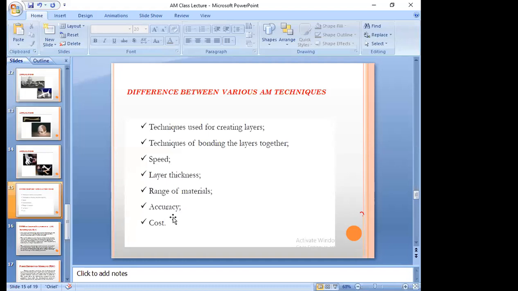We have a lot of CAD tools: Creo, AutoCAD, CATIA, Unigraphics. Various modeling software we are going to use based on the industry, and based on the industry preferences, we are going to use different CAD tools.